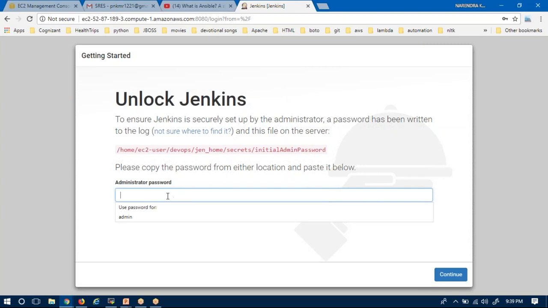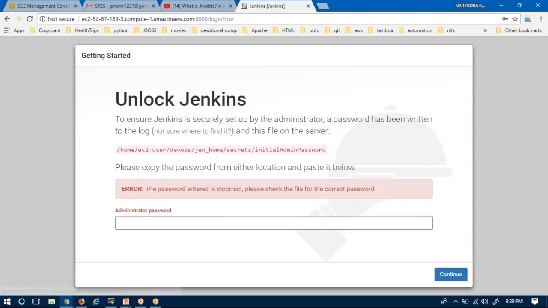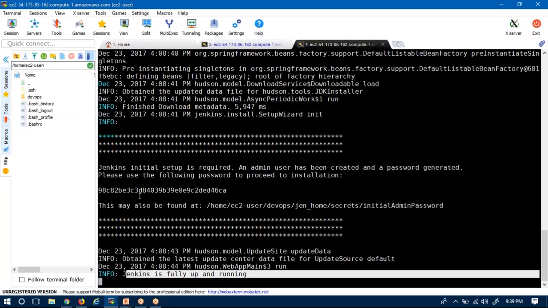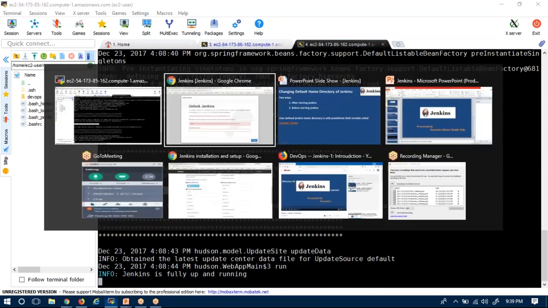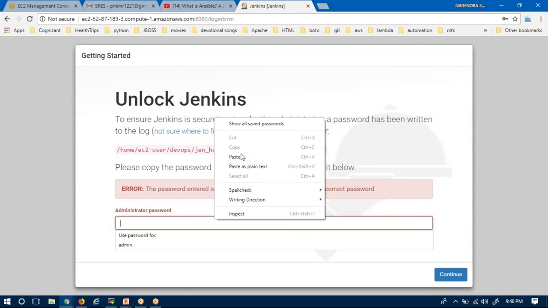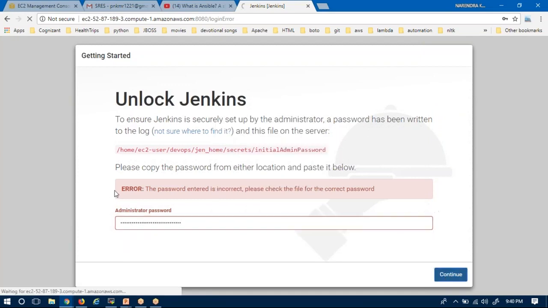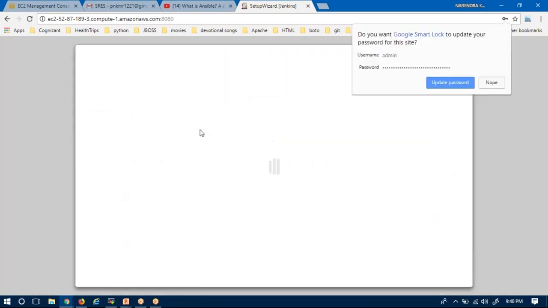I already copied that, I am pasting here. Incorrect, let me copy that once again. Yes, it's opening.